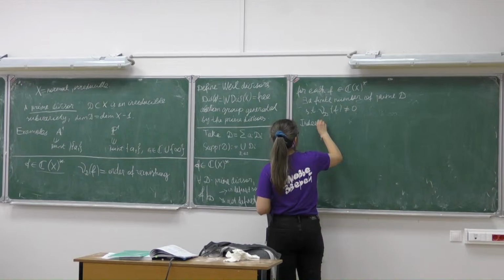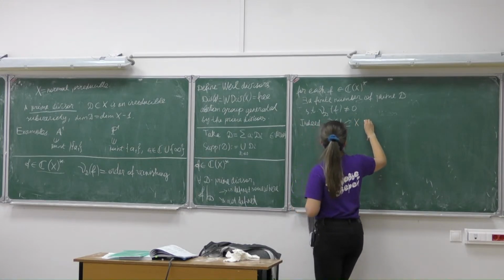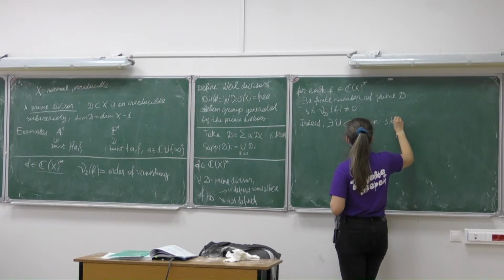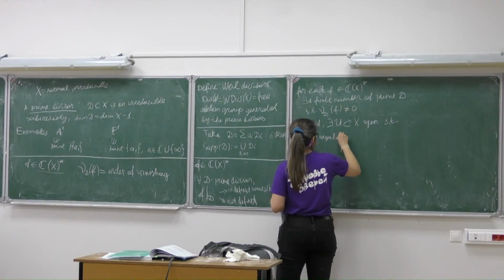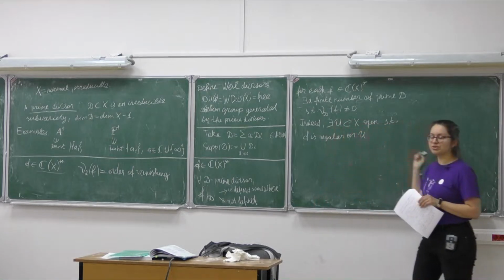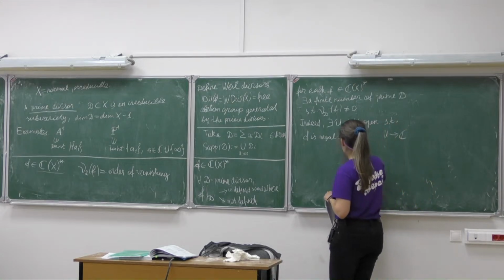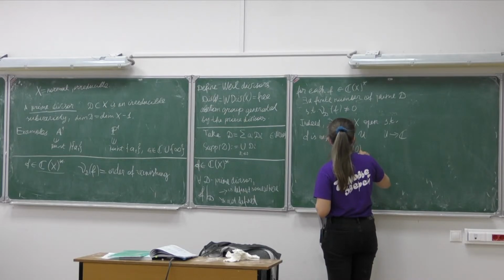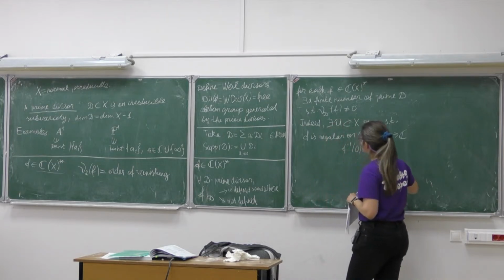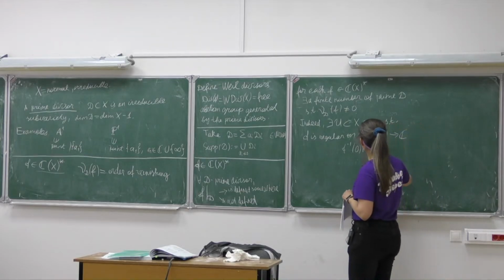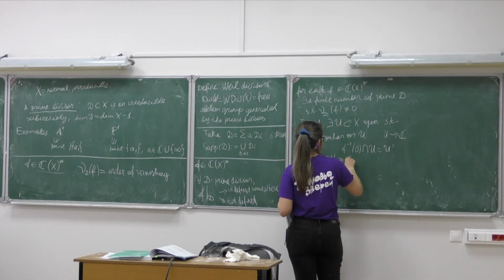So there is U in X, such an open subset, such that f is regular on U, which means that it maps U to C. Now we can take f minus 1 from 0 intersected with U and say that on this set, U prime, f maps U prime to C star, and so